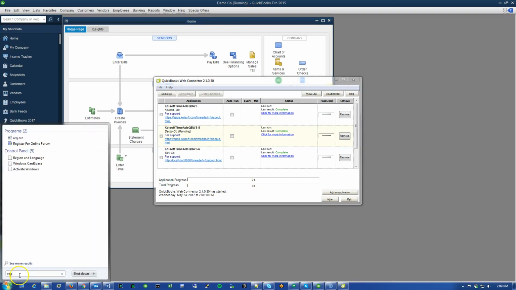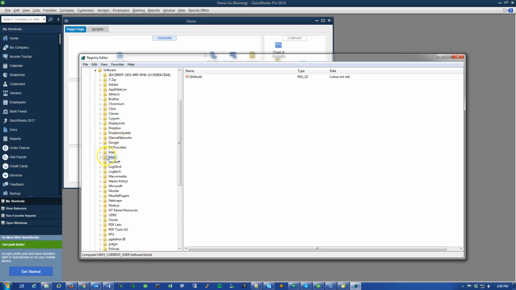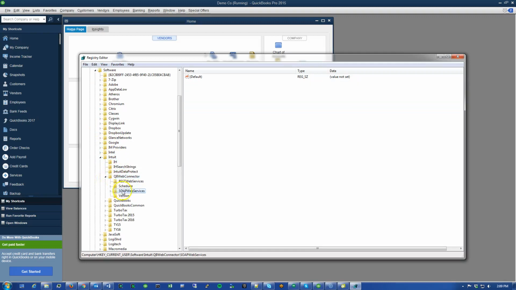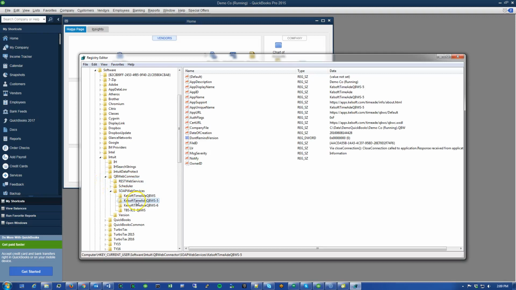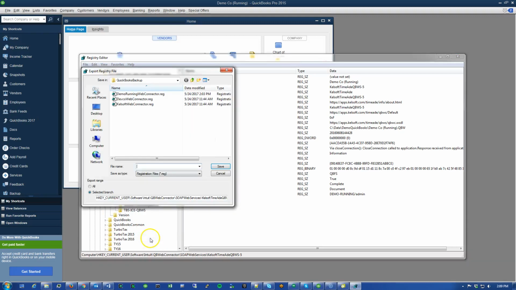So I type in the program name, and it shows up in this list, and now I launch it. So starting from HKEY_CURRENT_USER, I open Software, I open the Intuit folder, the QB Web Connector folder, the SOAP Web Services folder, and finally I select the Kelsoft TimeAid QBWS-5 folder. To back it up, I right-click the folder, click Export selection, and here I'm going